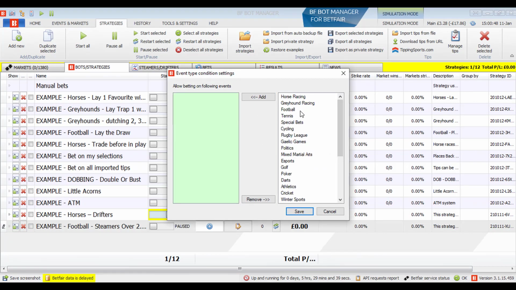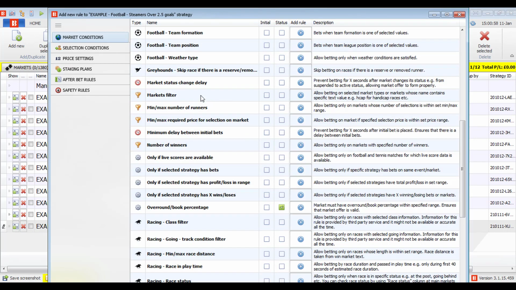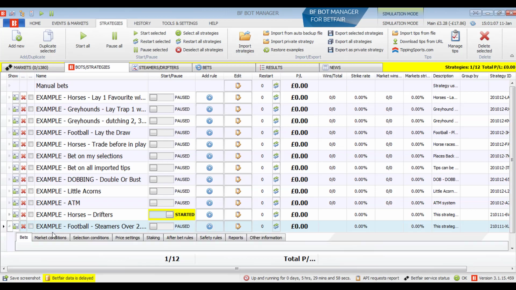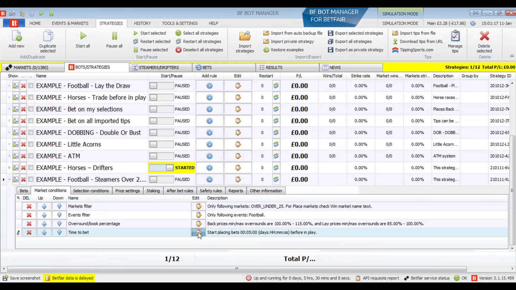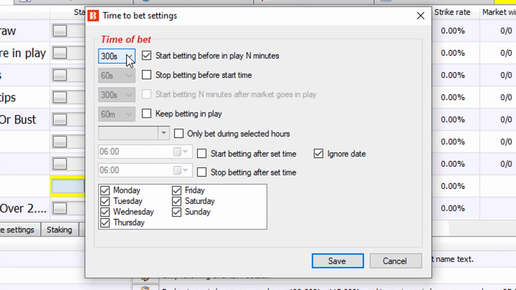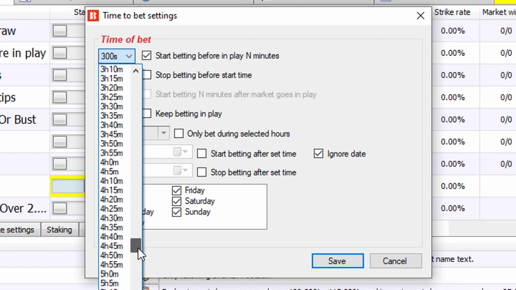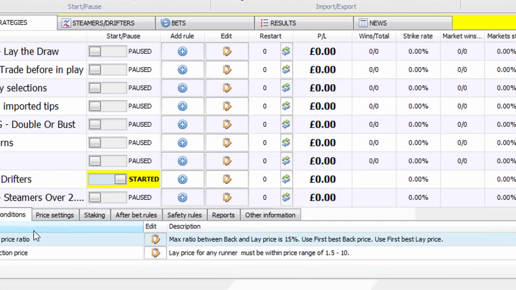Events filter, football. Next, add a market condition. Markets filter, over under 2.5 goals. Click Save. Next, edit the time to bet condition. Here it is set to bet at 300 seconds, 5 minutes before the off. Let's change this to 24 hours. Then, in the selection conditions, add the rule